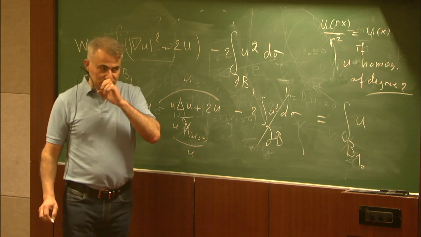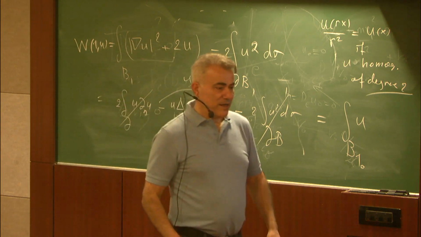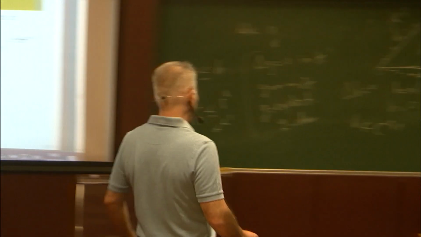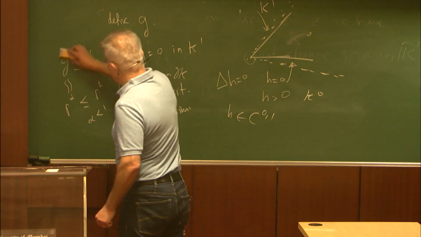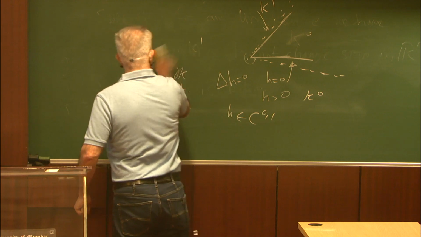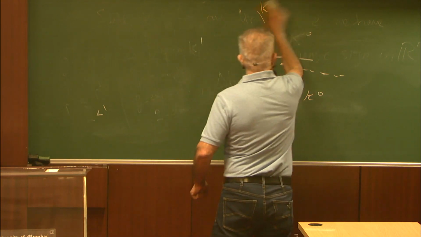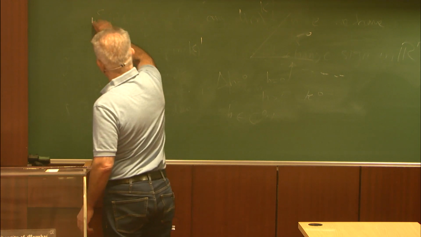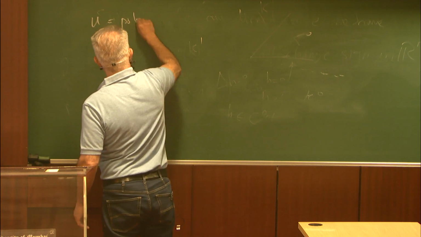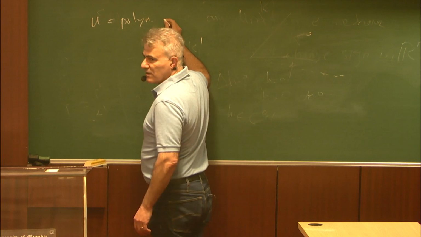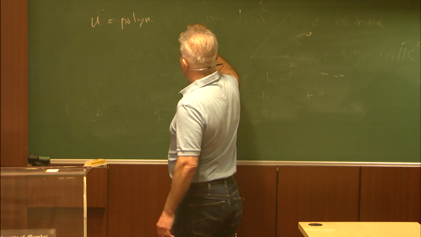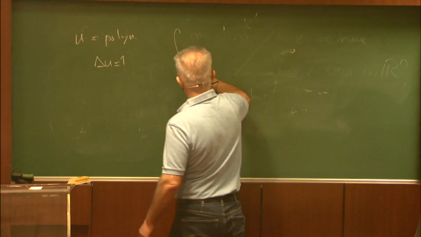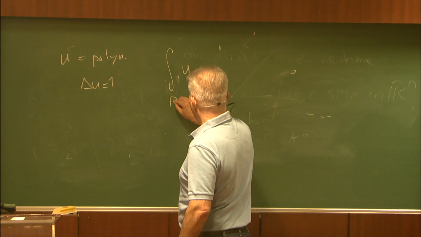That's the integral. And now you realize that if U is a homogeneous polynomial of degree 2, then you can actually do it like this. So the Laplacian of U is 1 basically everywhere. So this integral over B1,